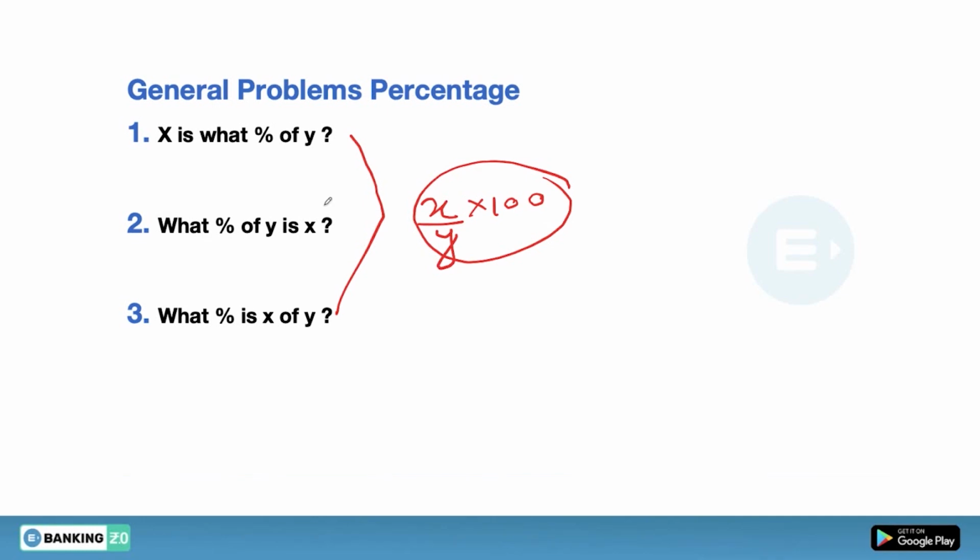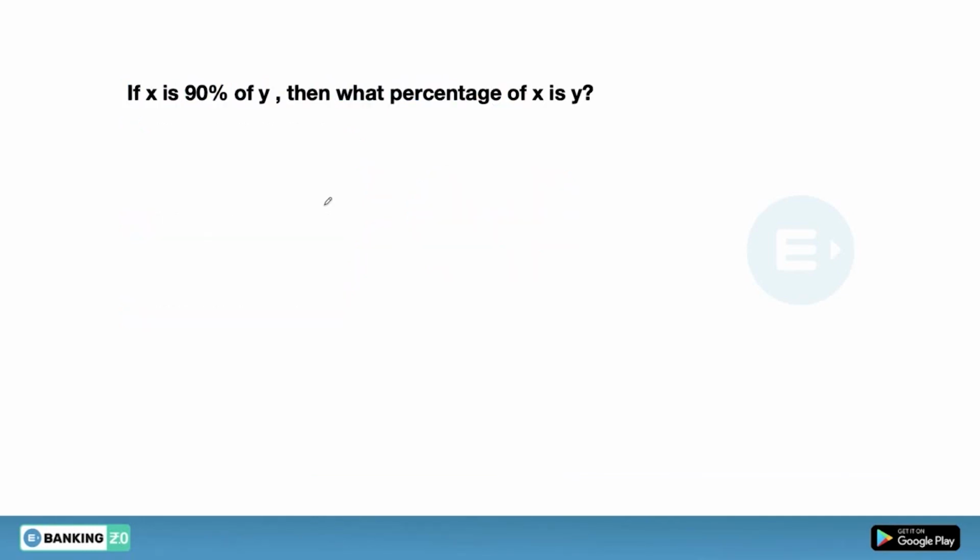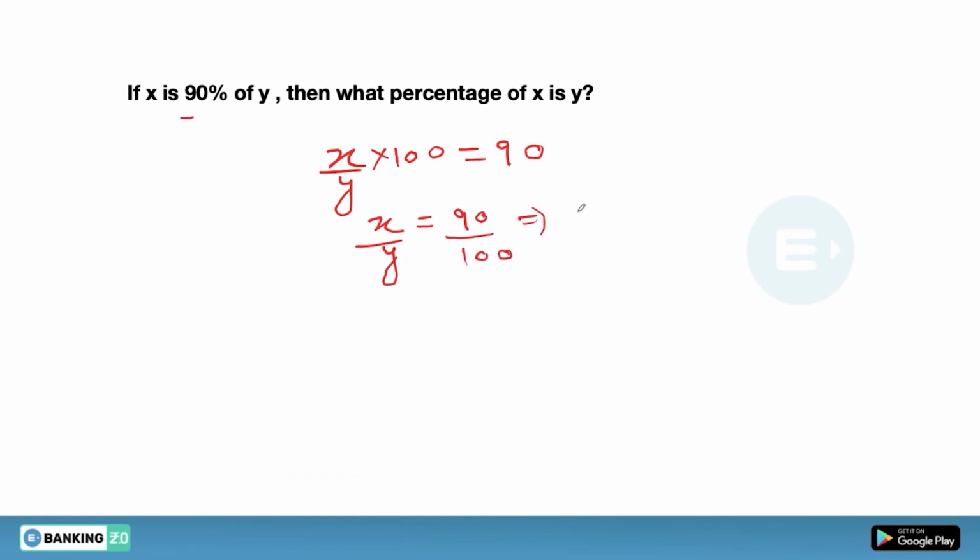Fine. So let's try to solve this question. What is the question? The question is saying that if x is 90% of y, what percentage of x is y? As already told in the previous slide, you can solve this question directly by applying x by y into 100. And what is the value given here? We are given that this value is equal to 90. This means x by y is equal to 90 by 100. This means x by y is